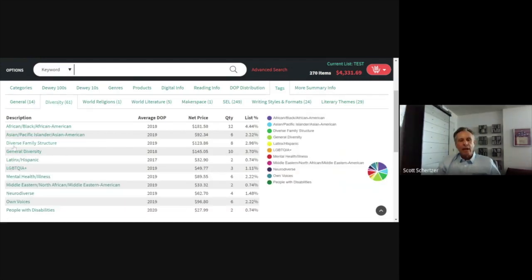Diversity has 61 titles in these subcategories, so on and so forth. So you can see we have quite a few titles that have curriculum tags in this particular list. Now, I'm a numbers guy, so I prefer to look at it this way. For African, Black, and African American, I can see that the average date of publication is 2018. The net price for the 12 titles is